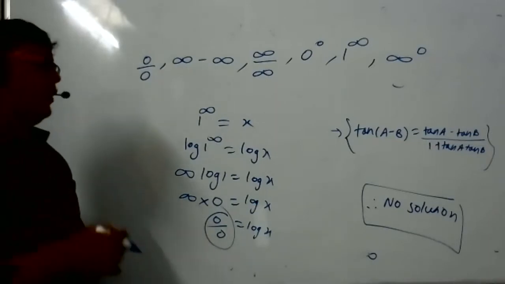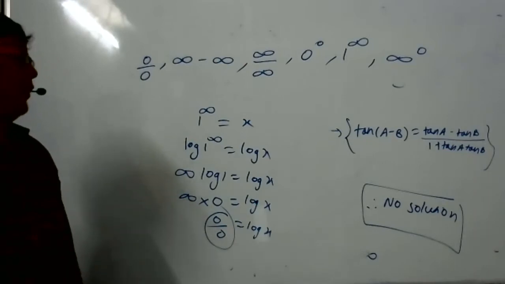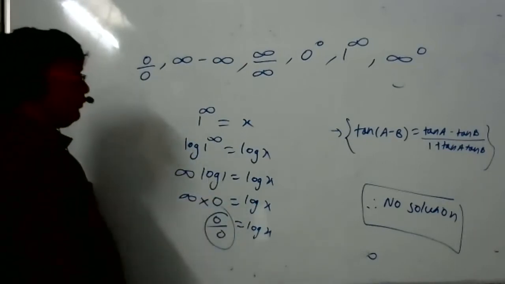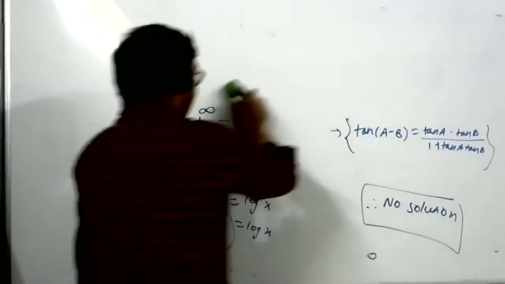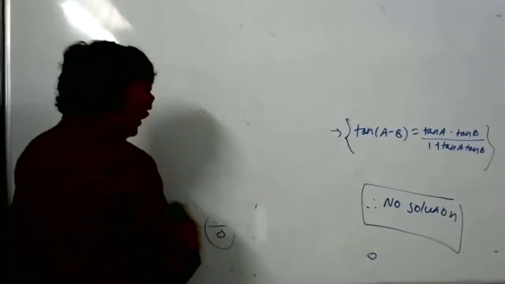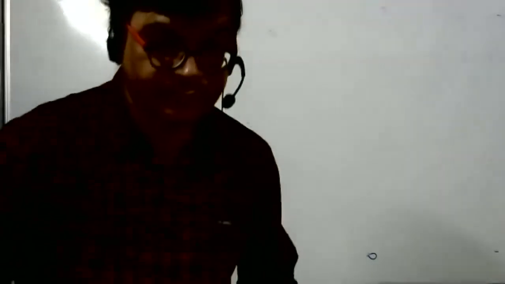To me also it looks like 1 to the power infinity means multiply 1 infinity times, we get 1 only. But that way it doesn't work. We'll study this later, not now. So one thing you should keep in mind: infinity by infinity is not defined. Undeterminate form. No answer. Shall we proceed? Yes, sir. Okay.